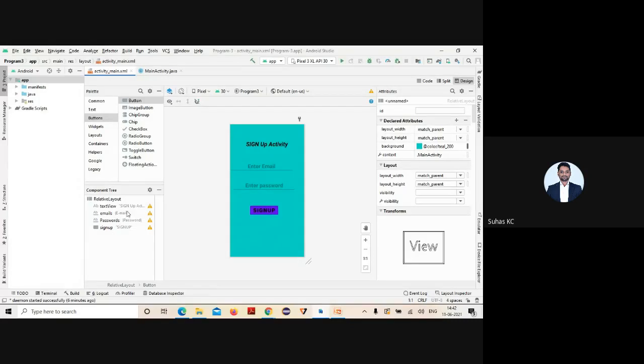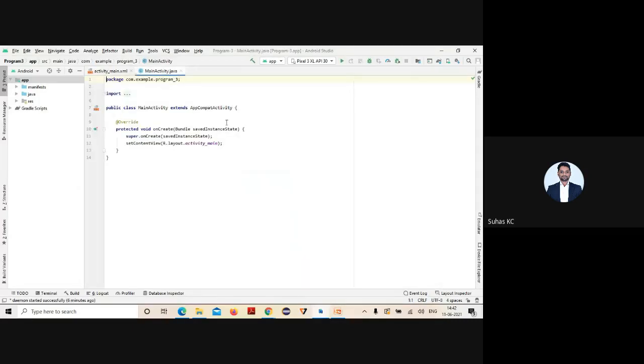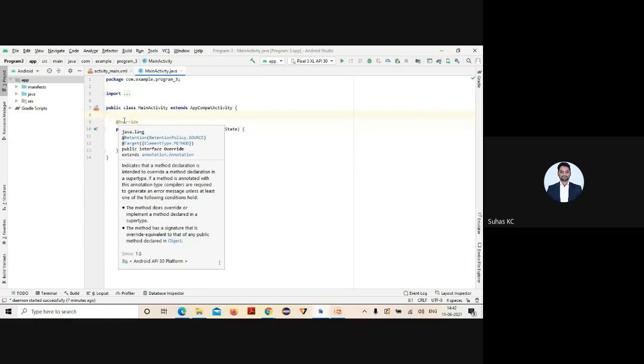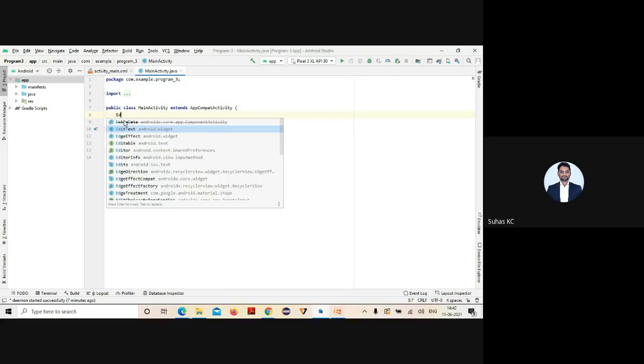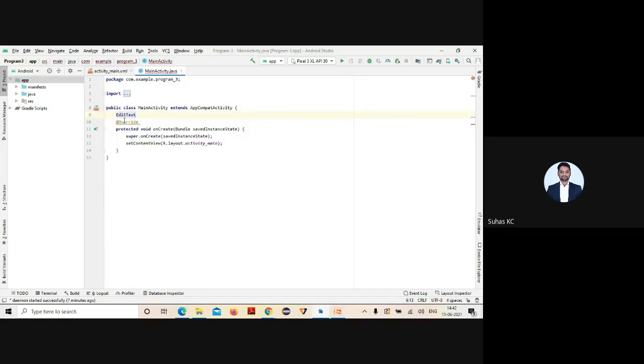Okay, so I'm going to create the variables for those. Whenever I create a variable, where should I create it? After this public main activity, in your main activity. So here just give edit, and here only you will get EditText. For those 2 edit texts, you need to specify the variable names, right? So I'll specify something like email for one, and password for the other. Any variable name you can take. And which is one more component here? There are 2 edit texts, one is your email and one is your password. Which is one more component?